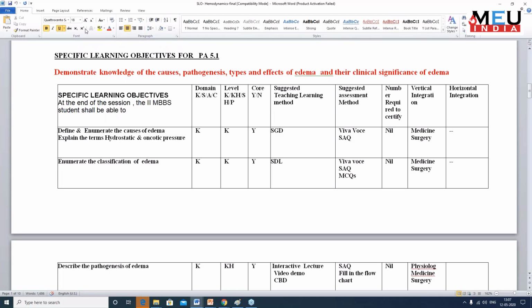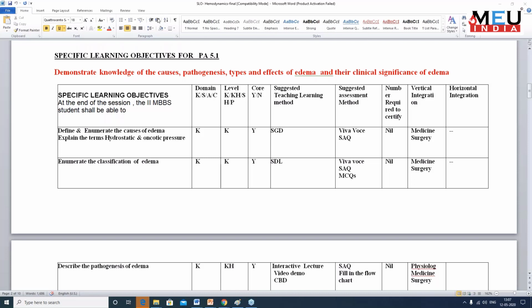So the first competency is the student must be able to demonstrate knowledge of the causes, pathogenesis, types, effects of edema, and the clinical significance. In this, our first SLO would be they should know the terminologies about hydrostatic pressure, oncotic pressure, and definition of edema, and also must be able to enumerate 4 to 5 causes of it. For this, I thought short group discussion would be sufficient, and the assessment method would be short essays or